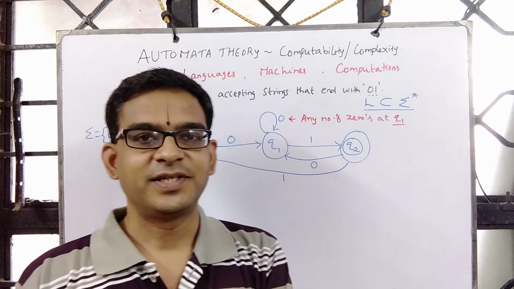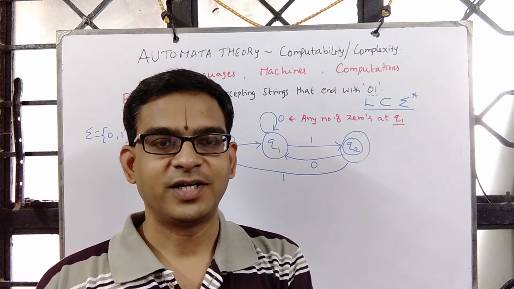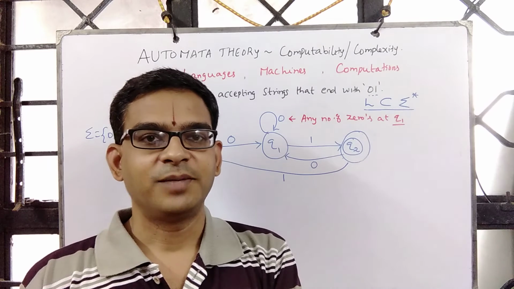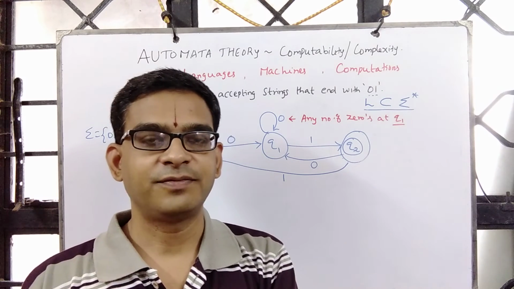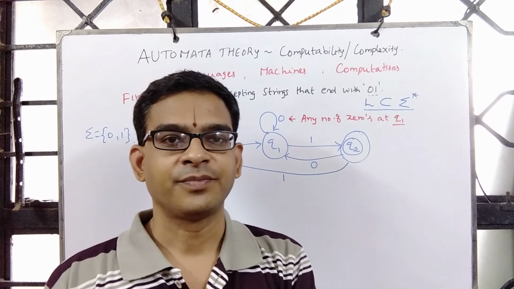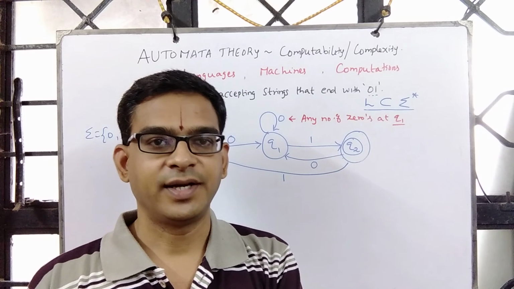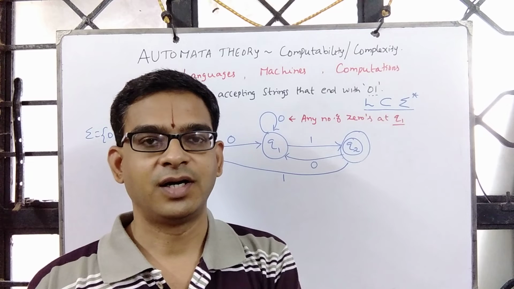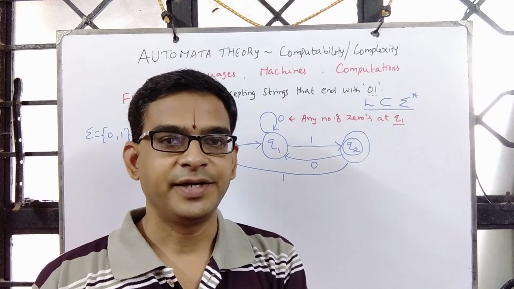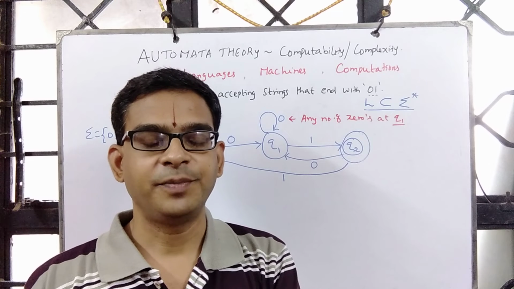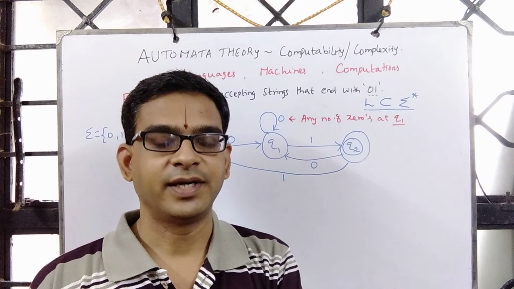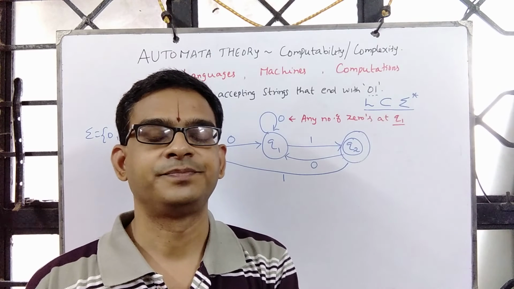Let us continue our discussion on finite automaton. The objective of this module is to understand the power of computing machines. Given a computing machine like say calculator or computer or ATM machine, we wish to know what can be computed, what cannot be computed by say automatic teller machine.